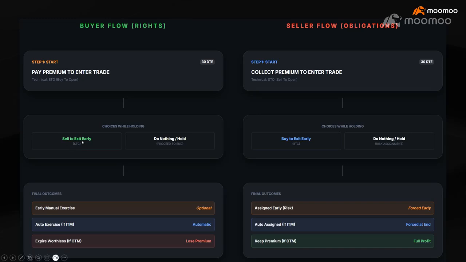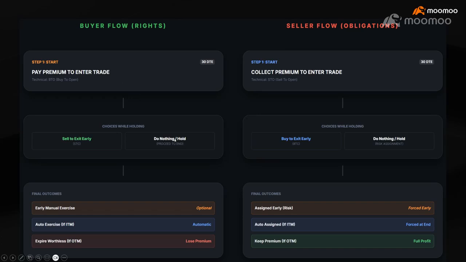So you must find some buyer to actually buy from you, right? So we call it sell to close. Basically you just sell to exit early before the expiration. Remember, before the expiration, you can buy to open and sell to close, because while you hold the option, the premium will fluctuate, so you can make the price difference from these actions. But because in this session we are going to cover the exercise part, I want you guys to focus on here.